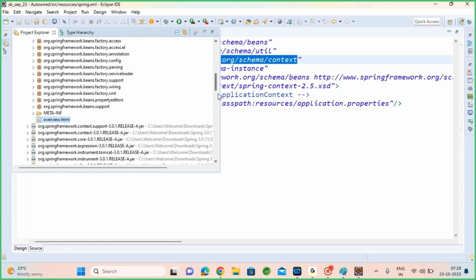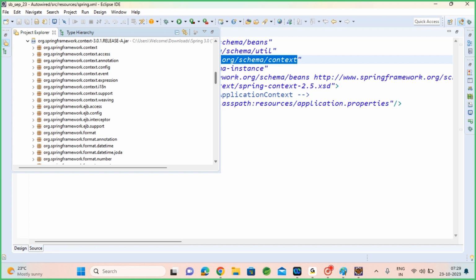Okay, so you usually remember it. Okay, so maybe you may go to context namespace, there also you might find